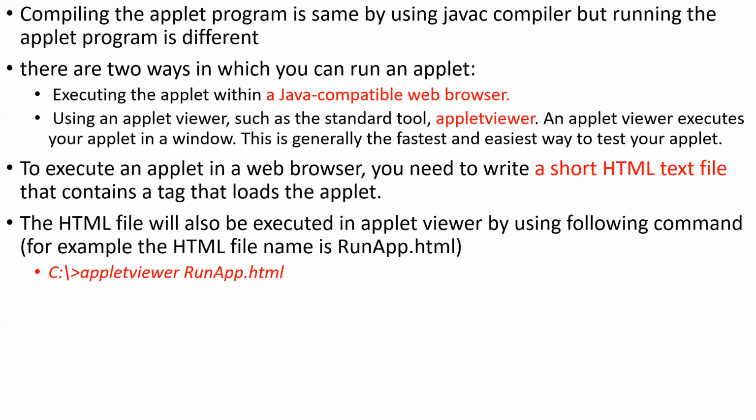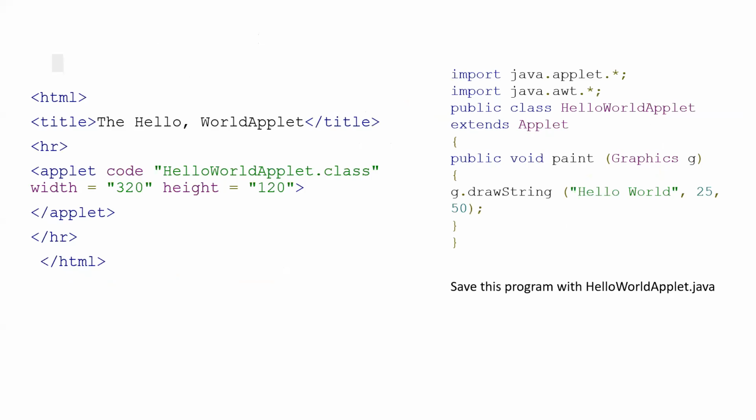In the applet viewer, we can execute the applets either by using an HTML file or by using the Java code. If we want to execute through Java code, what we have to do is include that applet tag statement inside the Java file in a comment. Okay, I'll show that one.